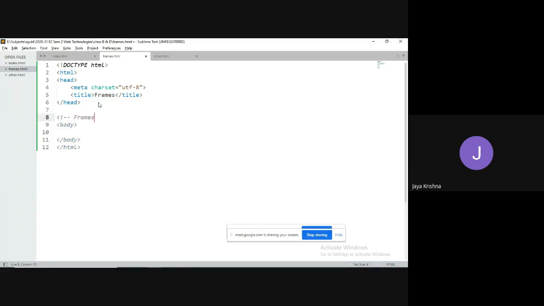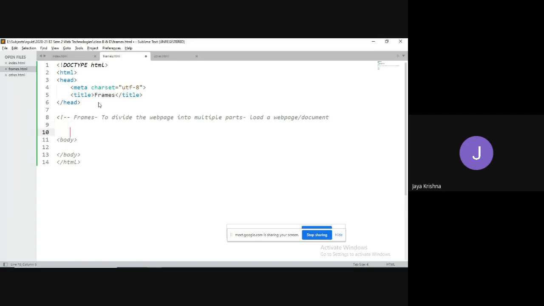So the concept of frames is used to divide the web page into multiple parts. In each part, I can load a web page or a document.